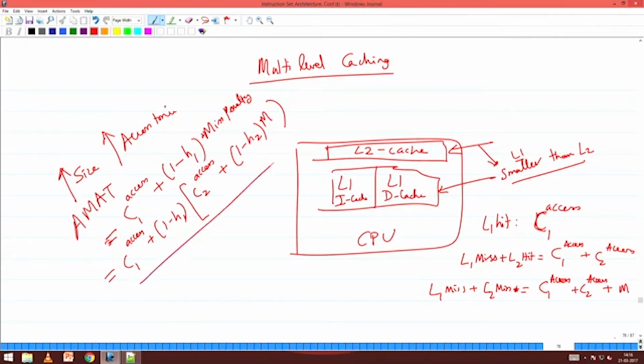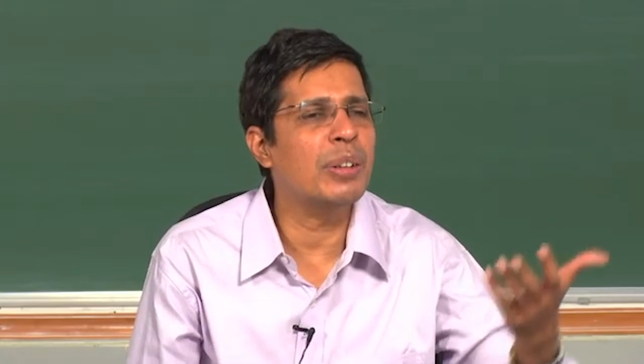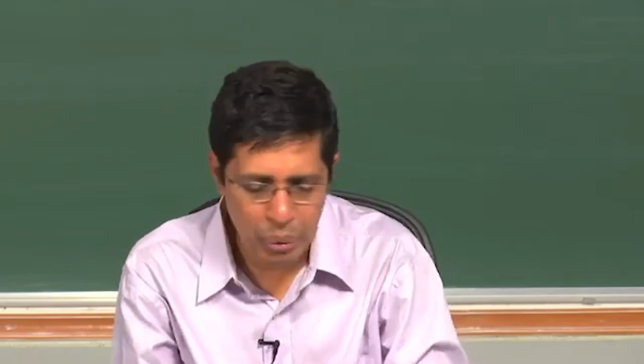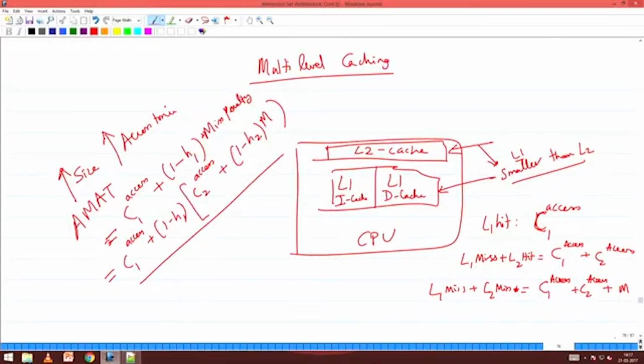Okay. Are you able to follow this? Average memory access time is C1 access plus 1 minus H1 times the miss penalty that we have seen earlier. What is the miss penalty? That is the time required to access the L2 cache, and that will be again the same thing we can derive, C2 access plus 1 minus H2, H2 is the hit ratio for the L2 cache, into miss penalty. What is that miss penalty? This is the memory access time, what you see here. You are getting this? So when we just expand that, it will be C1 access